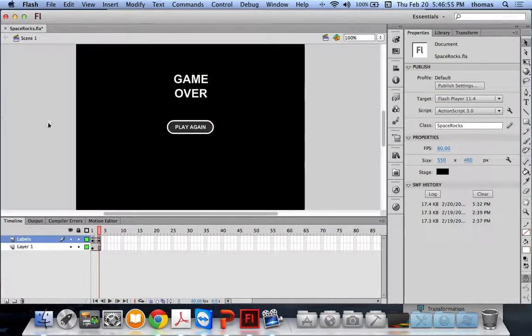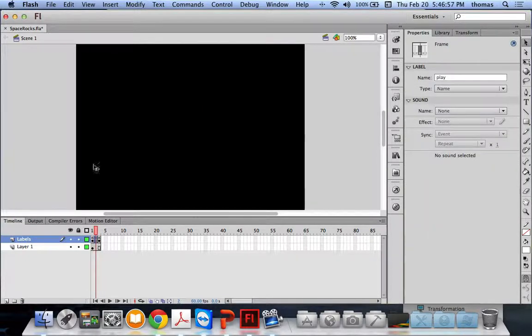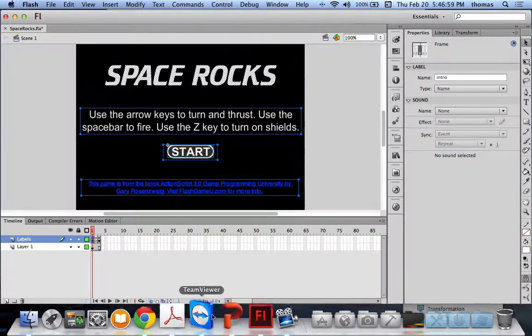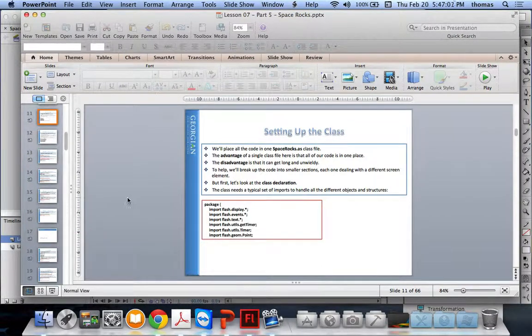And so again, this is kind of homework for you. Take a look at Space Rocks, and all the details. There are 66 slides of details for this particular one, detailing every aspect of the game that we know of right now. The only thing that's missing from this game, again, would be sounds, like shooting sounds and a soundtrack. One thing is, we're going to be creating these sounds for our game, and a really cool tool that I recommend to you